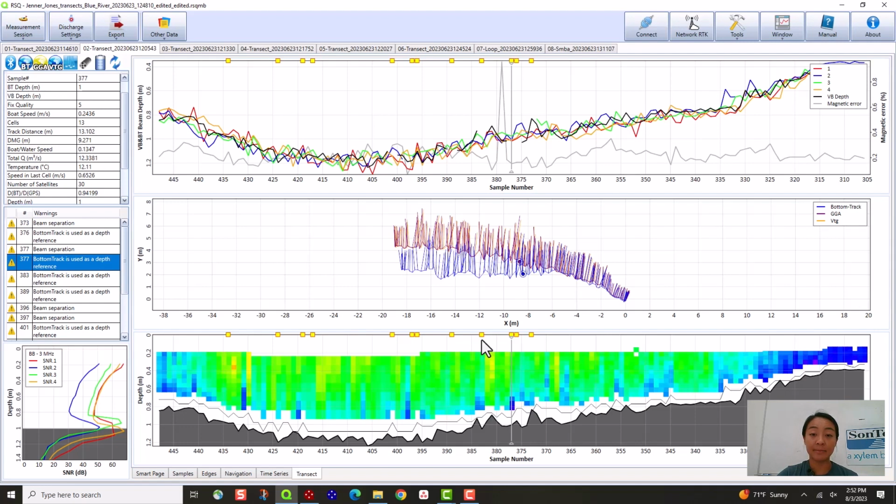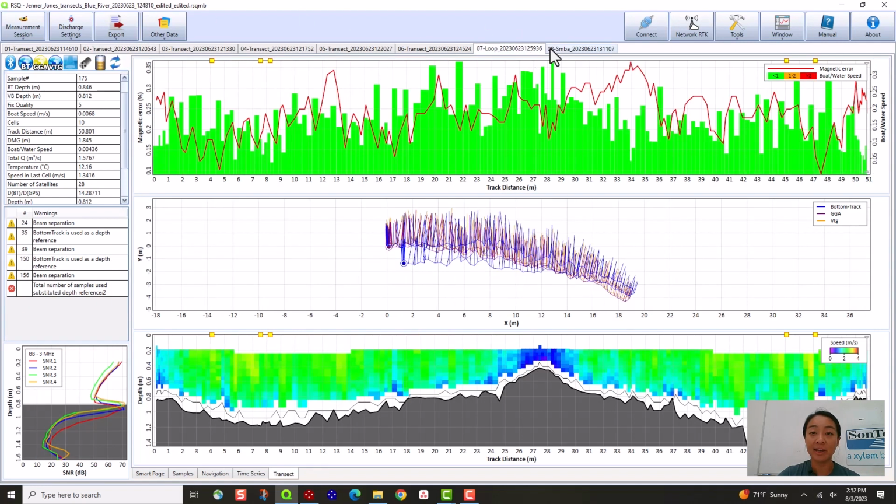So with that being said, again, the transects are up here, and let's take a look at these loop and SMBA moving bed measurements. Brittany and Isaac were able to perform both a loop and an SMBA moving bed test in the field before taking their measurement. So let me show you how to access those measurements and then apply a moving bed correction to your full